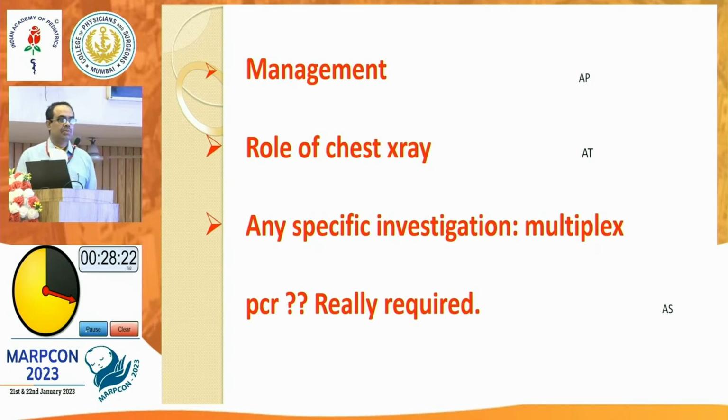We have to give proper IV fluids. Then we have to start with oxygen. And we may have to start nebulization with hypertonic saline. Okay, the main thing is to give supportive treatment. So what is required is to take care of hypoxia and hydration. For hydration, you will give IV fluid. For hypoxia, depending on whatever is at your disposal, whether you have high flow or low flow oxygen devices, depending on the condition of the child, you can start.